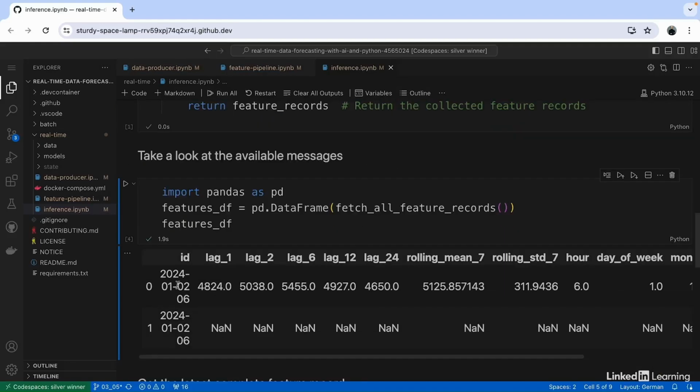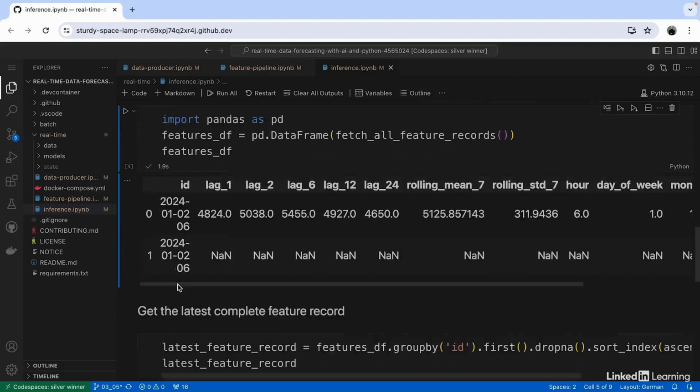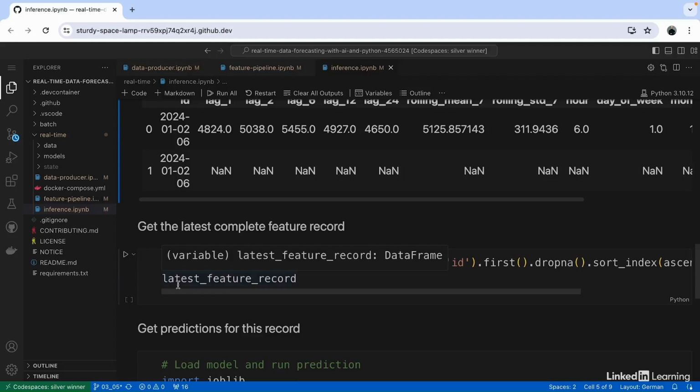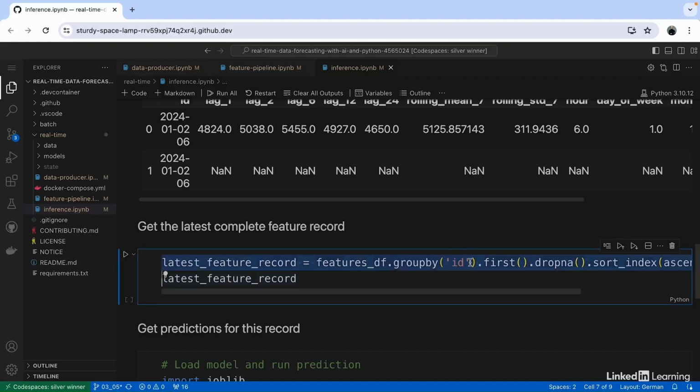So you can see that we still don't have complete features here, just features from different parts of our source dataset. The way you need to process this data really depends on your use case. In our use case, we just want to predict the next hour of energy demand given the latest data. So what we will do is group this data frame by message ID, merge them so that the NA values get overwritten. We sort it and then find